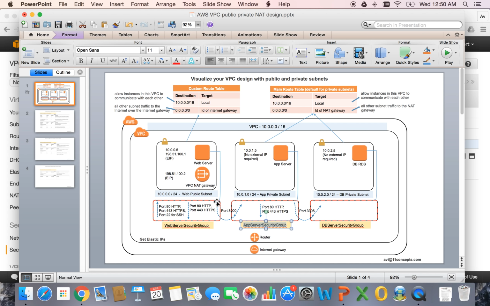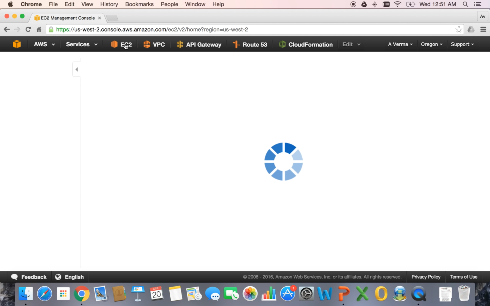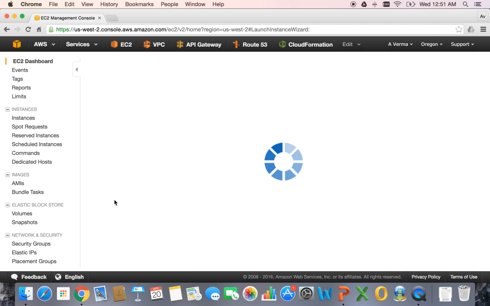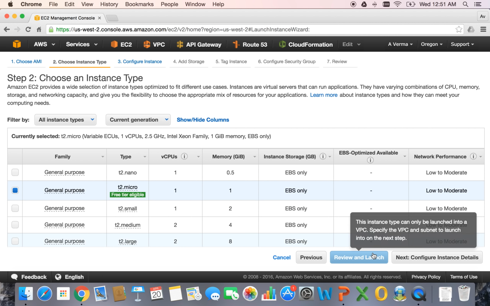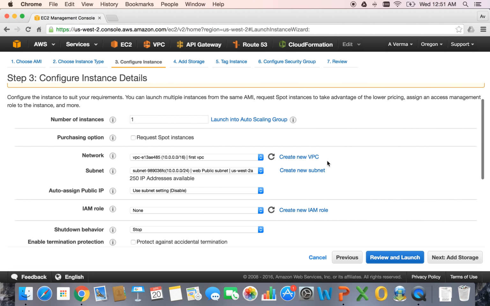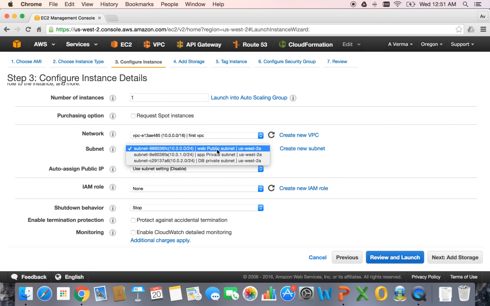So lastly, I'm going to show you quickly how to create a web server and associate that with this security group, right, and assign this web server an elastic IP. So quickly moving back, jumping in here, let's launch an instance, select a freebie one, and make sure, since we are creating this instance in our public subnet, make sure it is selected,